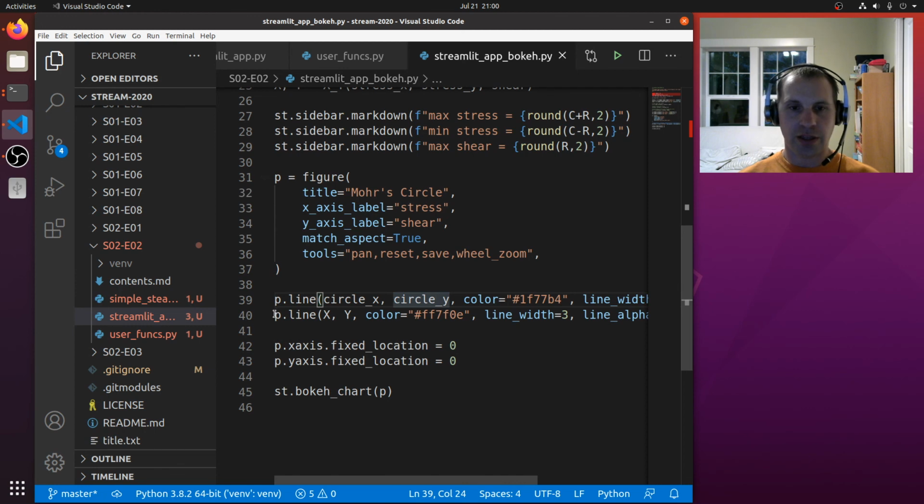And then next we draw the line through the circle using the big X array, big Y array. Those are the points that'll draw a line through the circle. And then we set p.x-axis.fixed_location equal to 0 and p.y-axis.fixed_location equal to 0. The reason we do that is that if the user enters some new numbers, we don't want